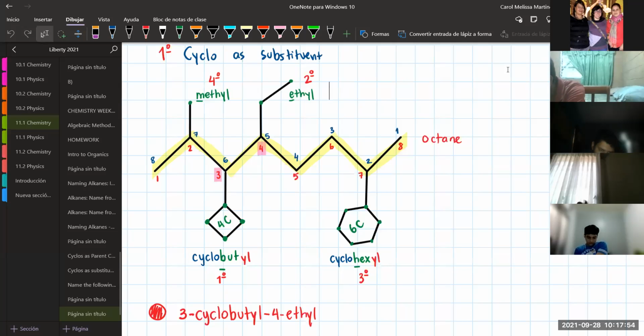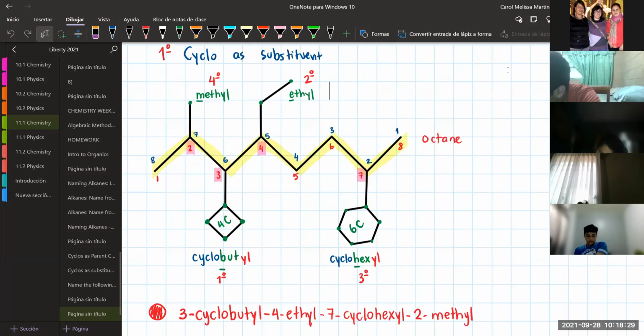then comes cyclohexyl, which is in position 3. Cyclohexyl is listed over the carbon 7, so I say 7-cyclohexyl, and then in the very last position I have located methyl. Methyl begins with M and it is listed in position 2, so